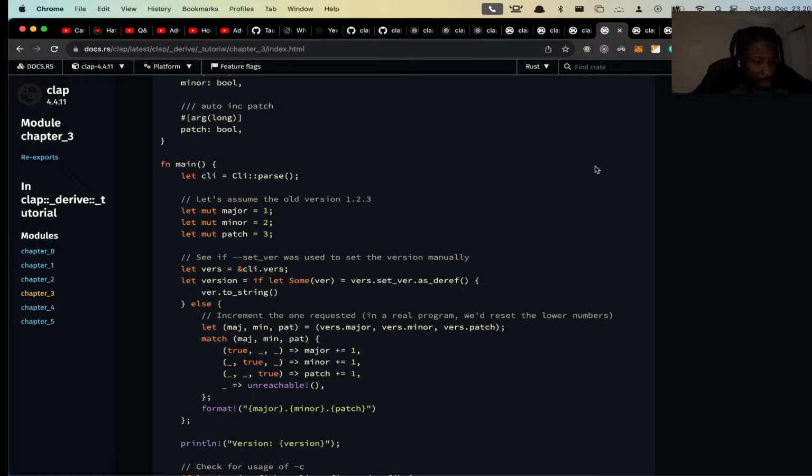I will try to create a GitHub repo and just put